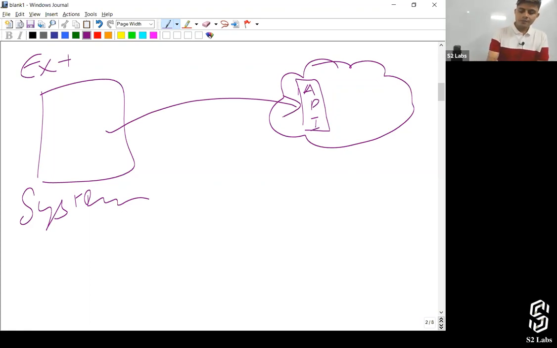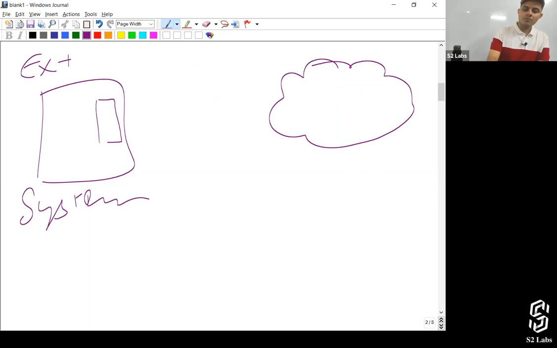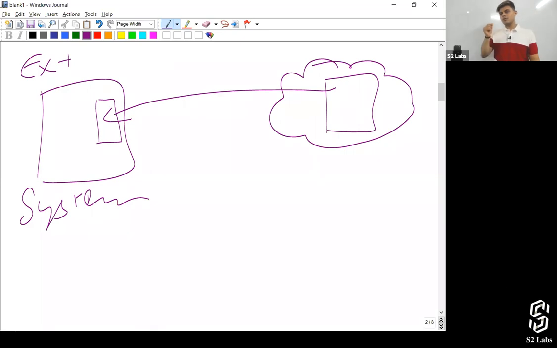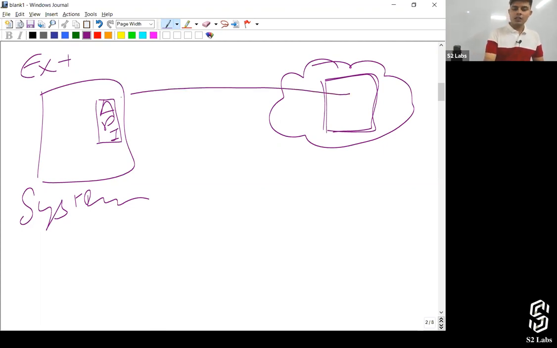But what if the API is there in the external system and we want to call that API in our Salesforce code? Right? Can we do that? Can we call an API outside? Let me write it down, API over here. If the API exists in the external system and in the Apex code, in the normal Apex class, we want to make an API call, can we do that? Okay, we can do that. We can call this API. There's no problem with that. And this is basically called Apex callouts.